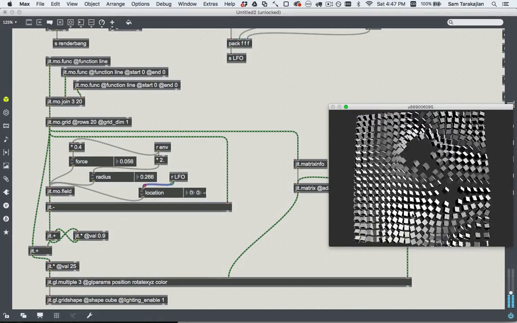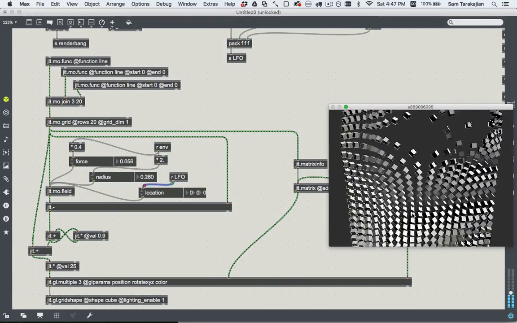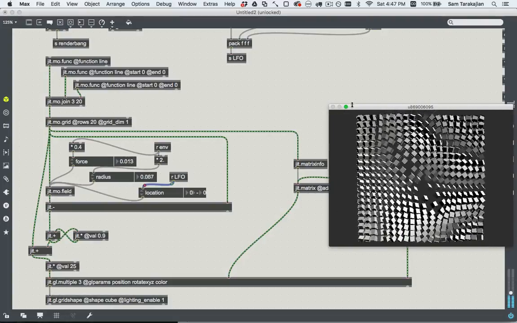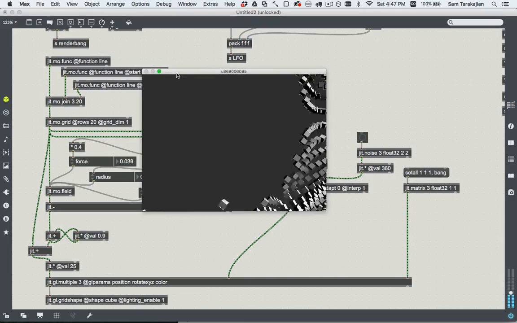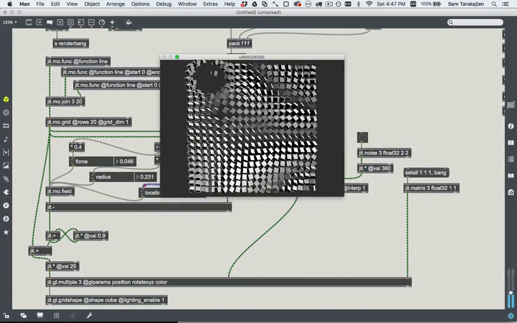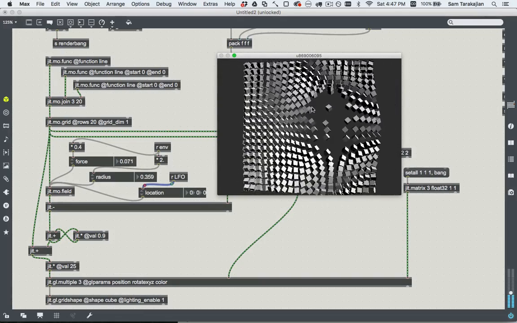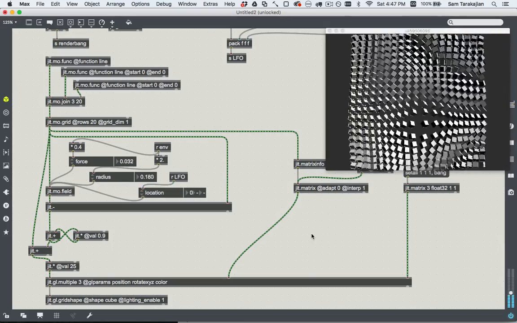Let's see, so what's the next thing that we could do here? How about we give these cubes a little bit of color? Right now they're just white, but one thing we could try is giving them color, and in particular, maybe we could give them a color that depends on how far from where they started out they are. So I'm going to, let's try this. Okay, let's do,